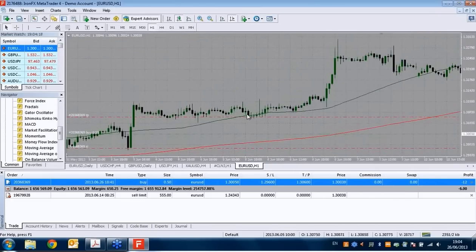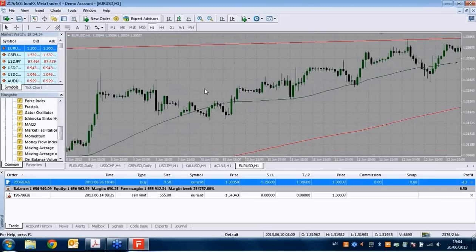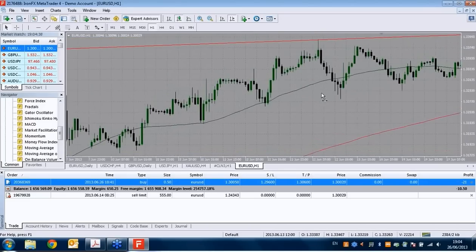As an example, in here you can see the trend is bullish. Each time it drops on the 50 moving average, it bounces up. Each time it touches in here too, it bounces up. And it cannot completely cross it. However, once it does